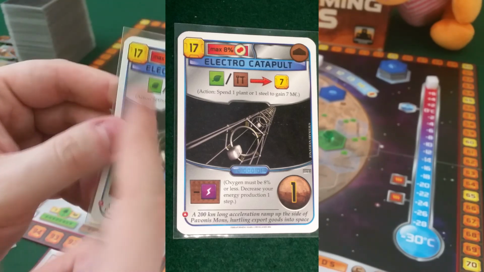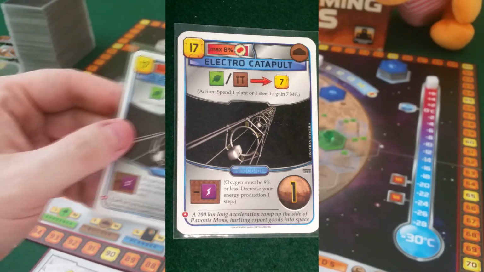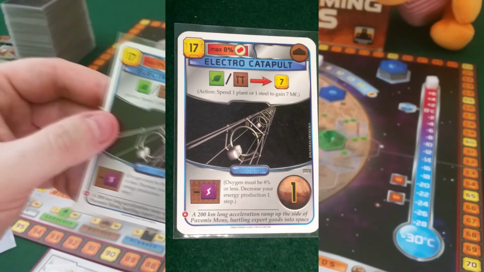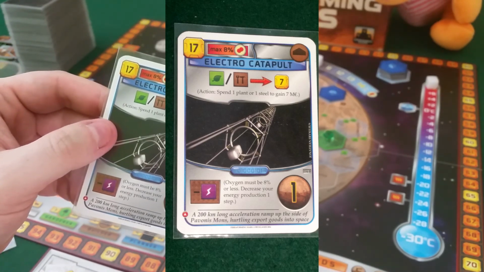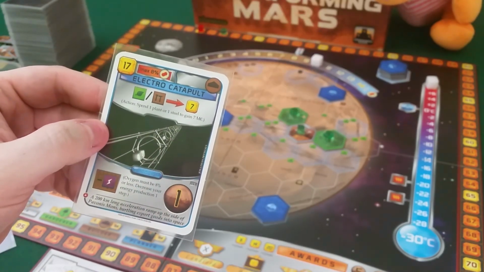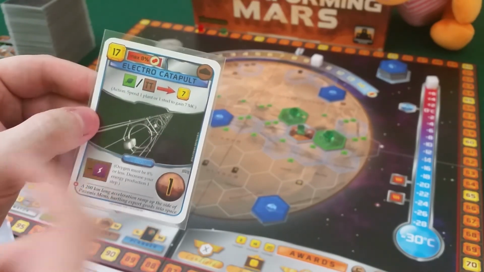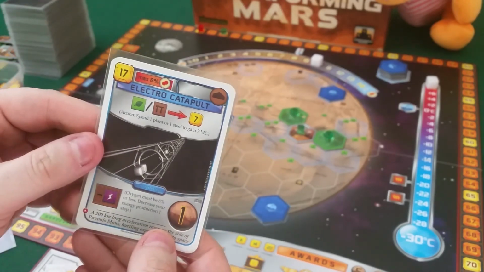And also, you can spend 1 plant or 1 steel to gain 7 credits. I mean, that might not sound that much, but let's say maybe you have 1 in plant production. You're not really going for plants. And then it's going to take 8 generations to even get a greenery out, right? So then instead you can start selling your plants. That's really nice. Or you can sell your steel,